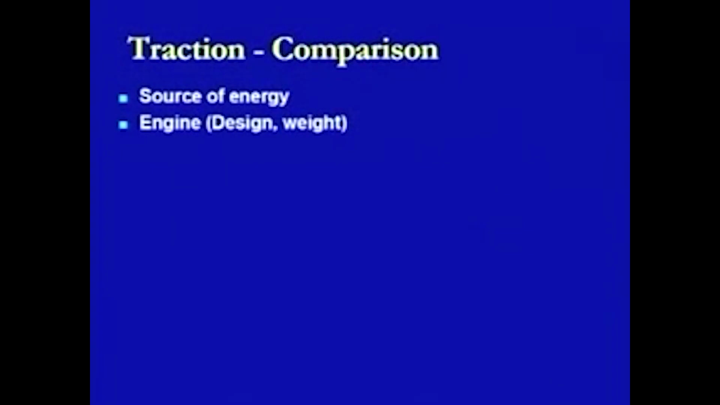The next point is regarding the engine. In the case of engine, we can look at two aspects. One is the design and another is the weight. In the case of the design of the locomotive, for the diesel engines, it's a little complex as compared to the steam engines, but when you go to the electric locomotives, they are more complex as compared to the diesel engines. As far as the weight is concerned, weight is going to be defined by the type of the locomotive